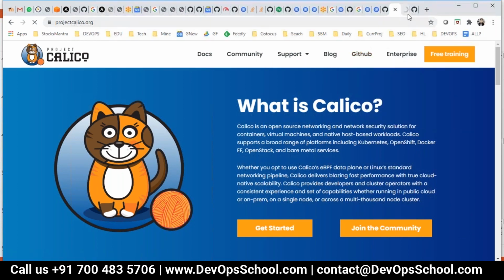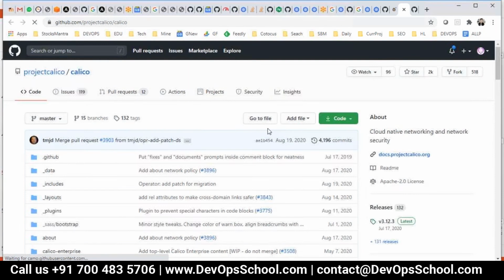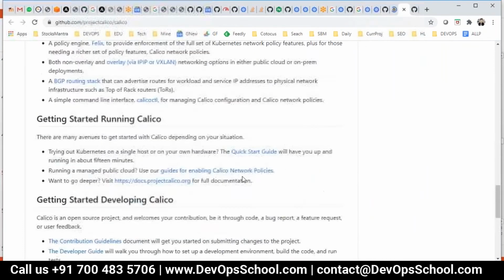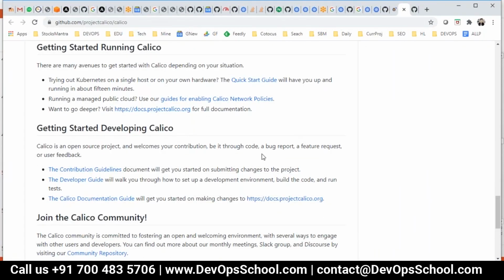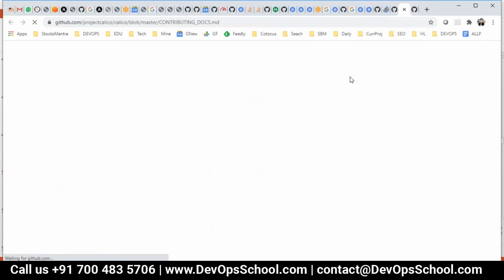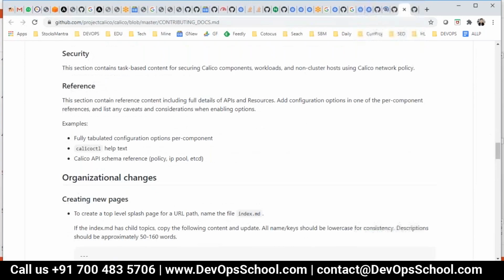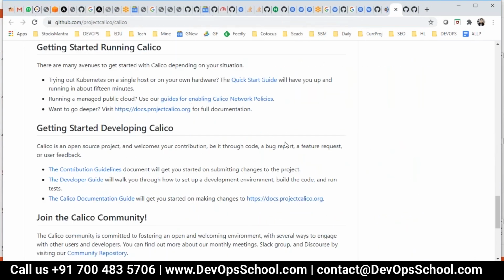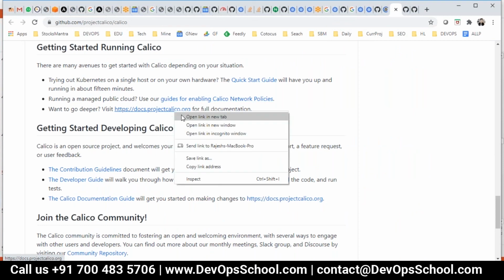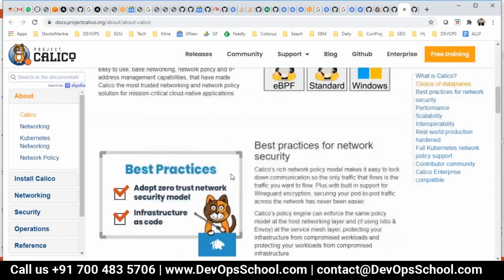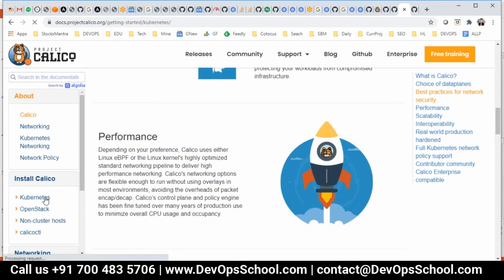It's simple. There's one YAML file which will do that, just like VNet. You have a YAML file and you install it. Remove Weave and you will do that. So where is that? I have to keep changing the documents, that's the problem. This again changed the installation docs. So here it is, Kubernetes.